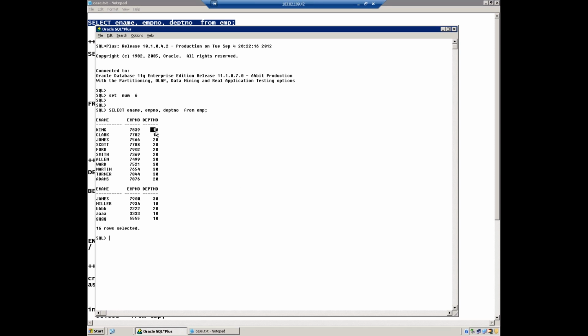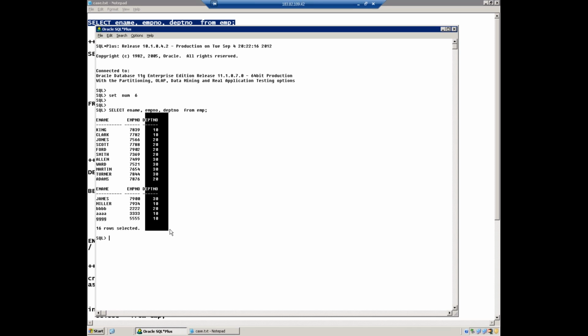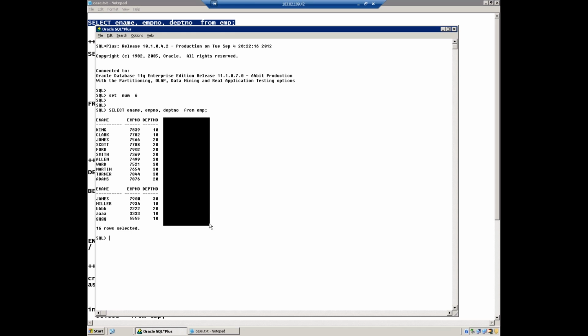If department number equals 10, I want the fourth column as accounting. If department number equals 20, research. Department number 30, sales. Or department number 40, operations. I want to get the fourth column based on the department number column. Is it something like a nested if? If department number 10, then accounting; 20, research; 30, sales; 40, operations. If you want these kind of nested if statements in SQL, then we can use the case statement. Look at the example.